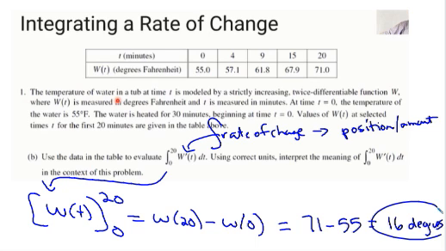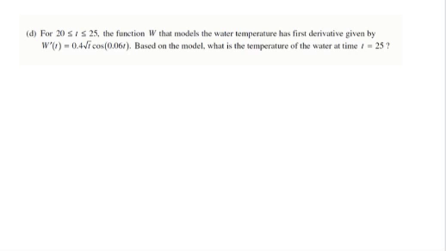One more problem. We're working from the same table, by the way. This is part D. For 20 to 25, the function W that models the temperature has first derivative given by W prime of T equals that thing. All right. Based on the model, what is the temperature of the water at time T equals 25? Okay. Well, what we can do is we can say that the integral from 0 to 25 of W prime of T